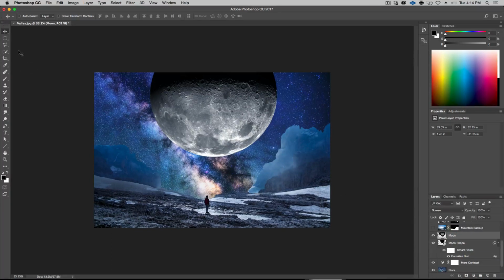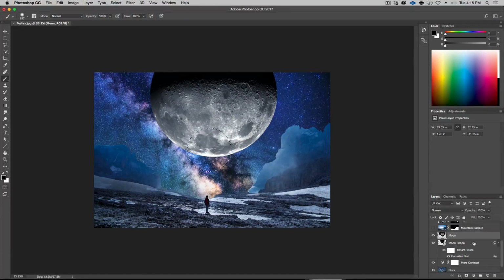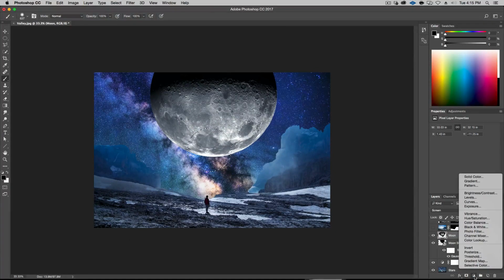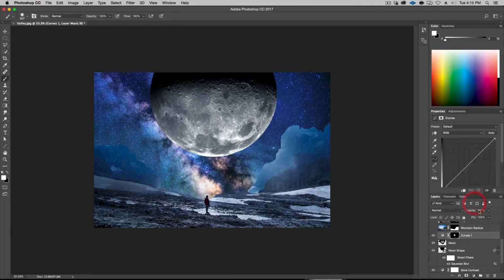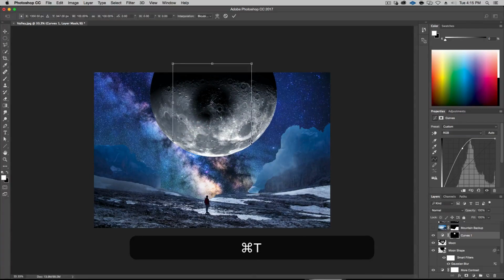So very simply, I'm going to go to Quick Mask, and then with the brush tool, a fairly soft brush, let's do it like this, and click like there, and then get out of Quick Mask. Now I have a selection that's soft, right? If I go into my adjustment layers here, and let's do a curves, and I just bring it up like this, right? Something like that. Now, if I move this around, it's like a shadow, right? So I can go and make this bigger.